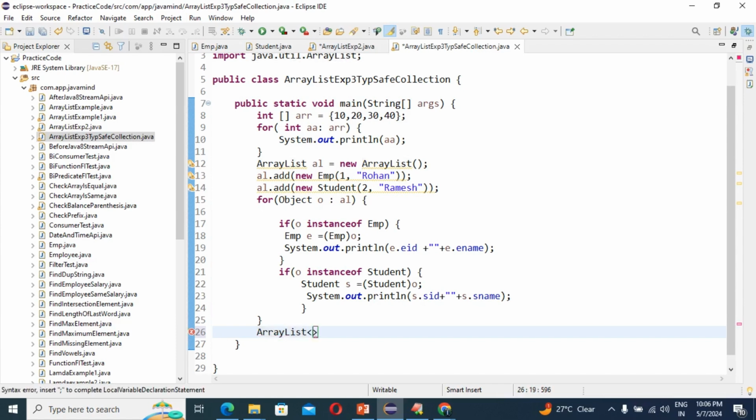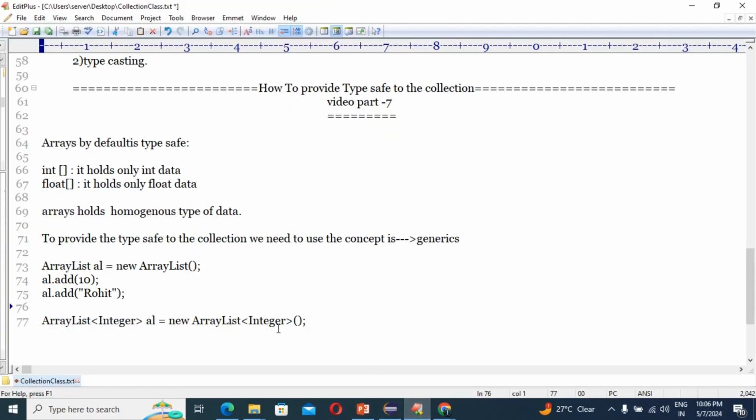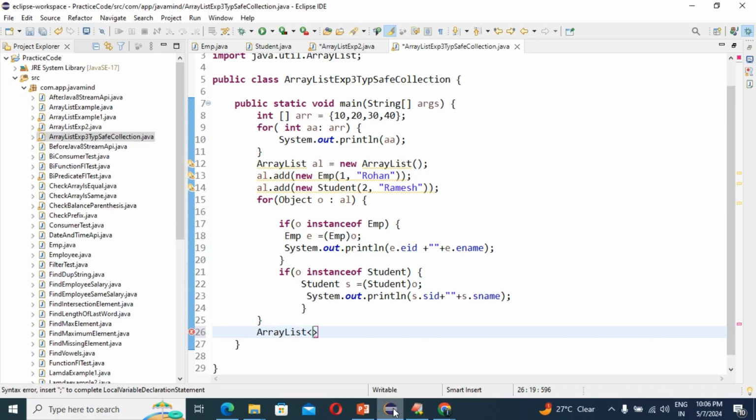Already I mentioned, guys, when I was writing in the notepad, I missed these places. This is syntax only. In the same way, I'm going to define it here. So guys, in ArrayList, inside the angle brackets, you need to write the object. In our example we have two objects, right? Employee and a student. So in the first case I'm writing Employee here, emp, equals to